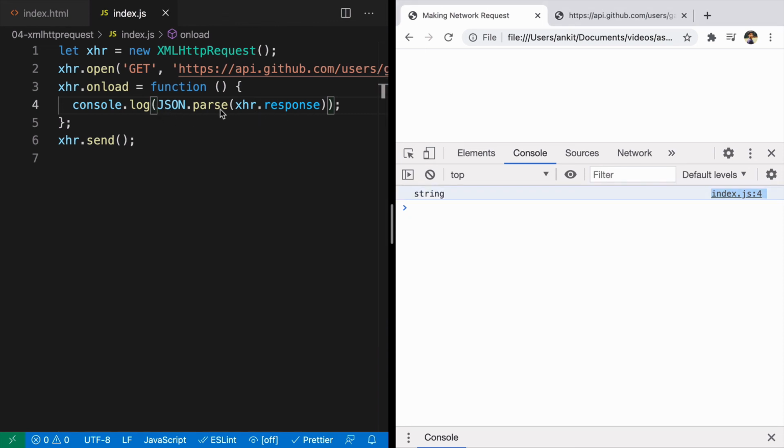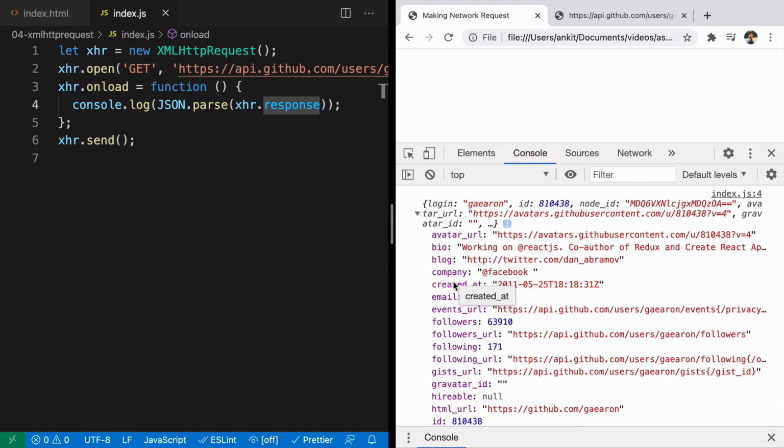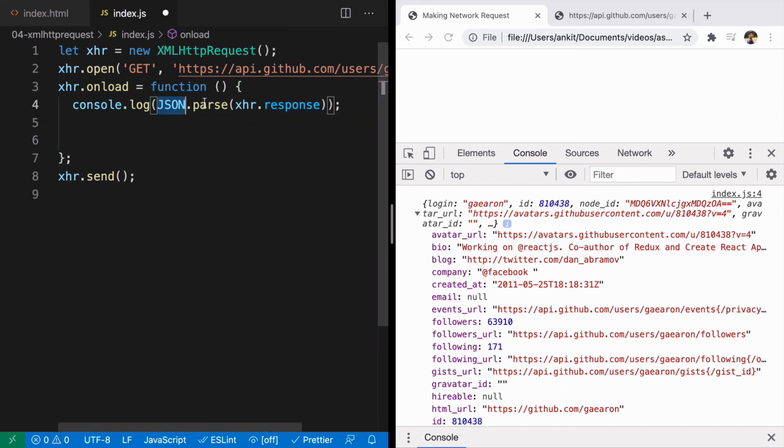So we are going to log JSON.parse of whatever is the value inside the response key of XHR. We'll refresh it here. Now what do we see? We see our object kind of structure, right? So from here, you can access any of the information. I can just go ahead and put this data into this function by saying let userData is coming from XHR response, and we are passing it.